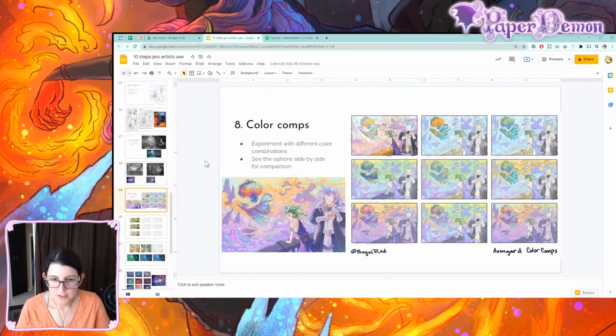Okay, we have a question. Strange Snake: is it better to use a gray background instead of white? That depends on your process